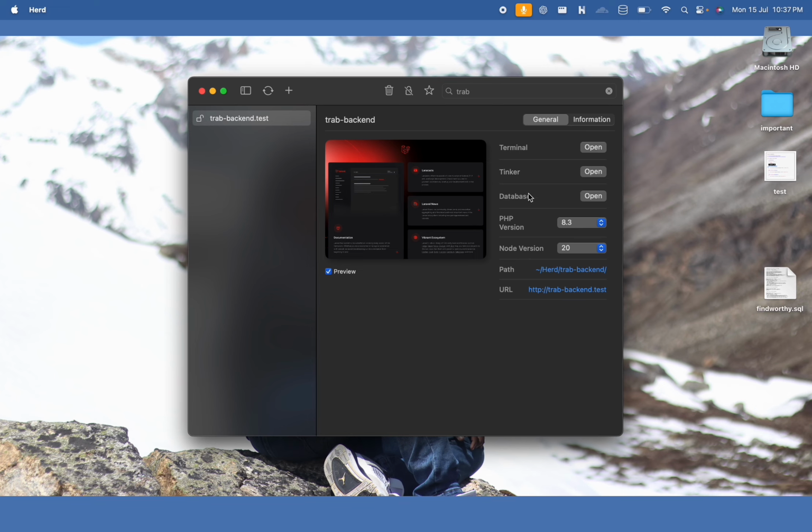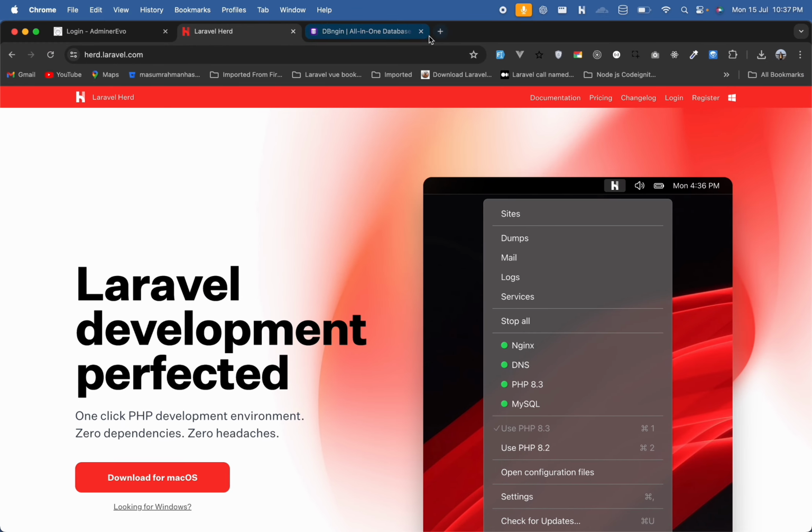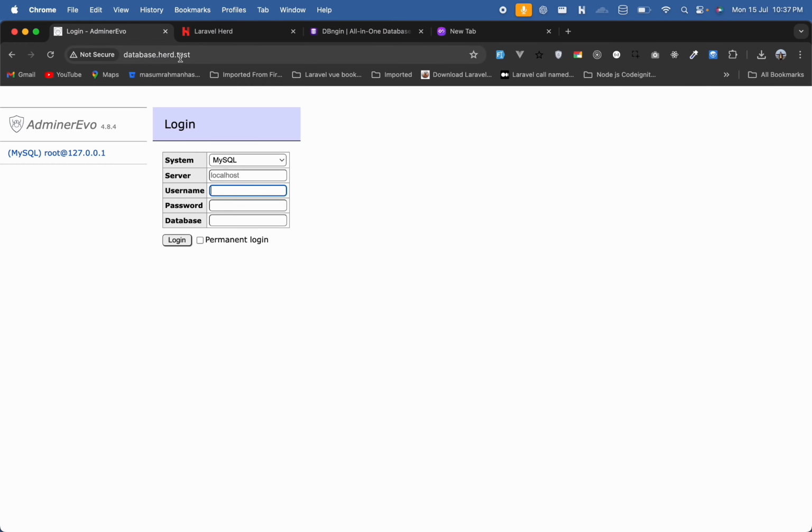So yeah, you can see here there is an option called database. You can access databases with any other third-party application like Sequel Pro, Sequel Ace, or phpMyAdmin, but I'm gonna just skip that part. So if I want to access my database, I'm just gonna click on this open button. So if I go to this database.herd.test, as you can see here are many options